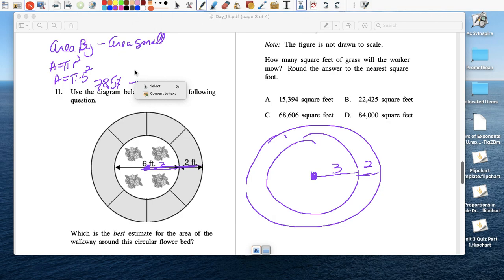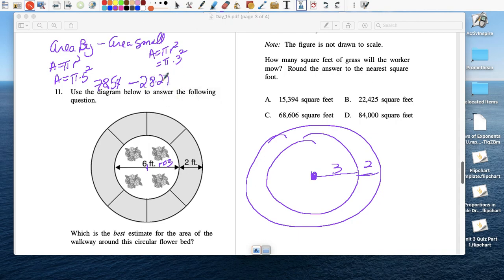Minus the area of the small circle. The small circle is just the circle inside, and if the diameter is 6, that means the radius is 3. So again, A equals pi r squared, A equals pi times 3 to the second power. 3 to the second power is 9. 9 times pi is